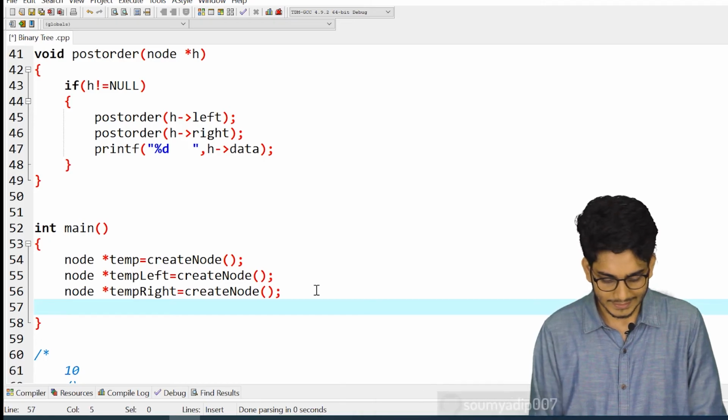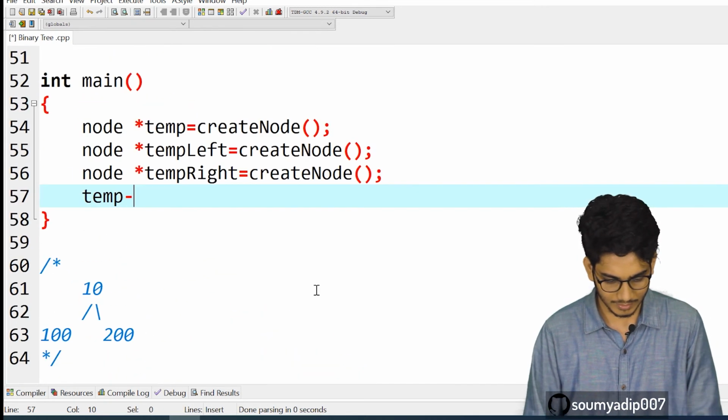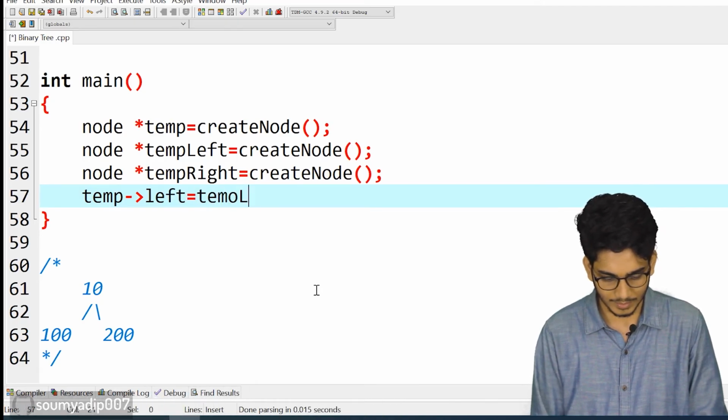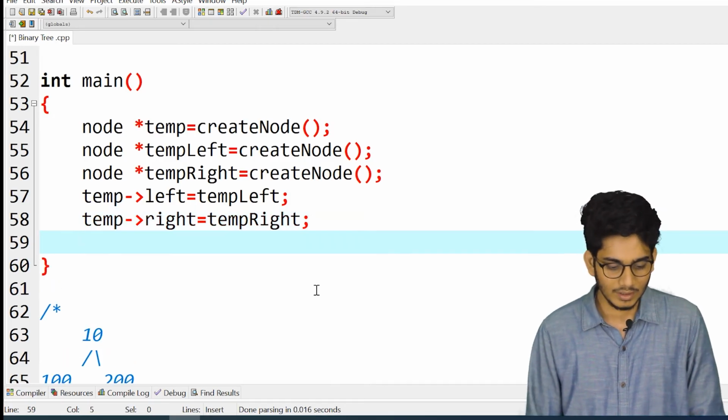Then we'll set temp left equals to temp left, temp right equals to temp right.